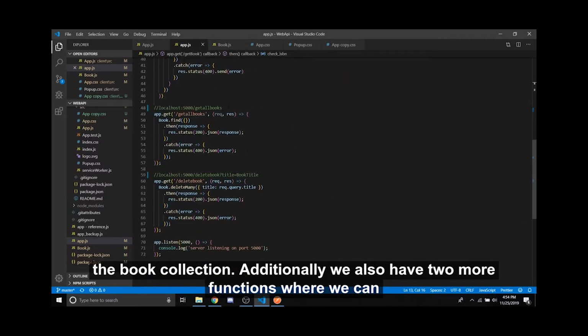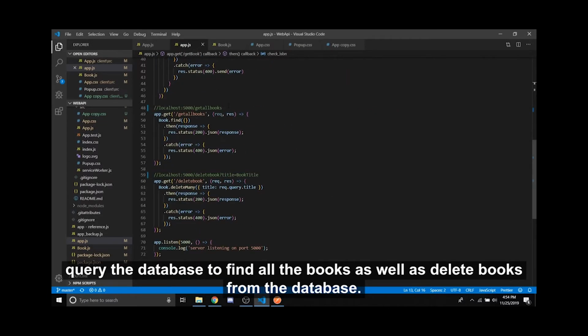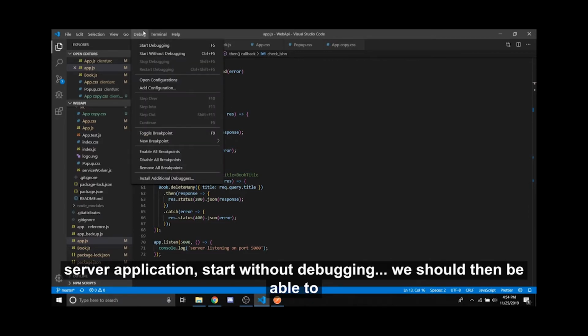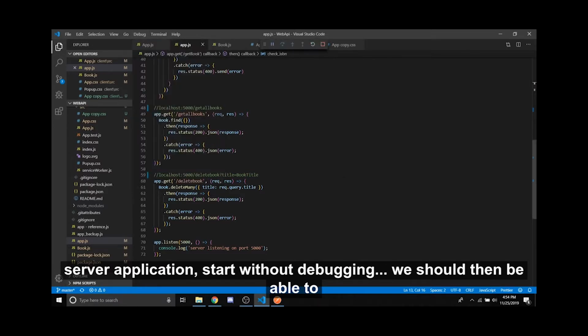Additionally, we also have two more functions where we can query the database to find all the books as well as delete books from the database. This is very similar to our lab exercise. If we go ahead and debug this server application, start without debugging,